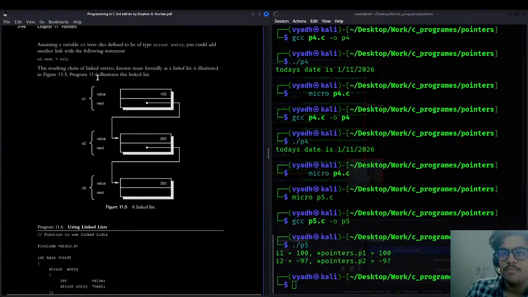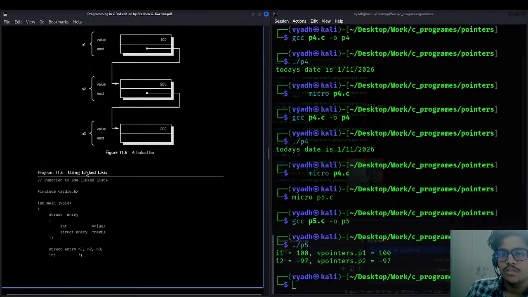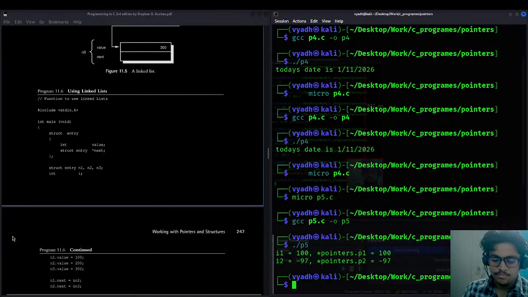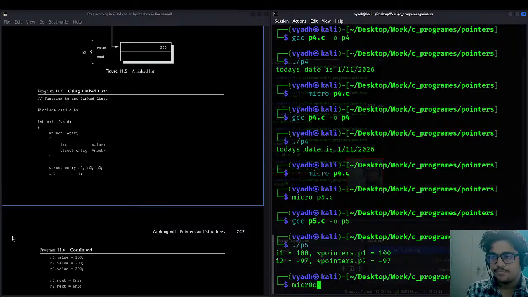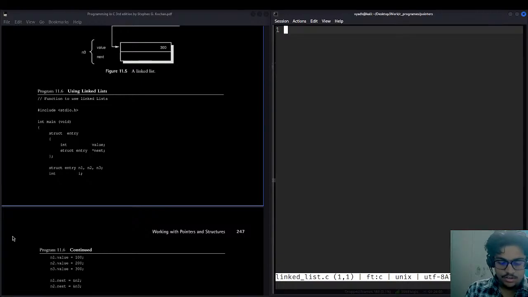Figure 11.5, Program 11.6 illustrates the linked list. Okay, let's make this program, linkedlist.c. Let's take this from here only.